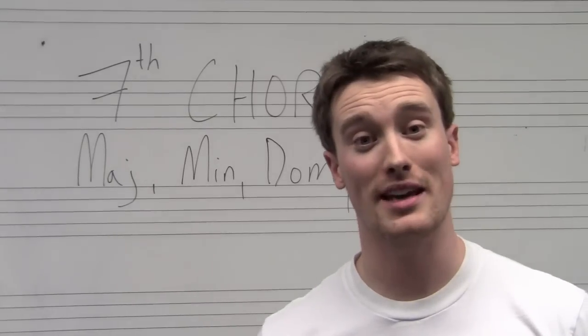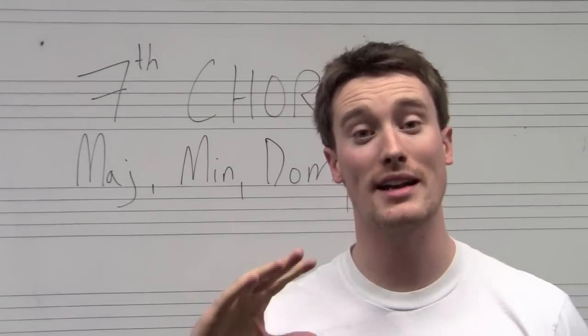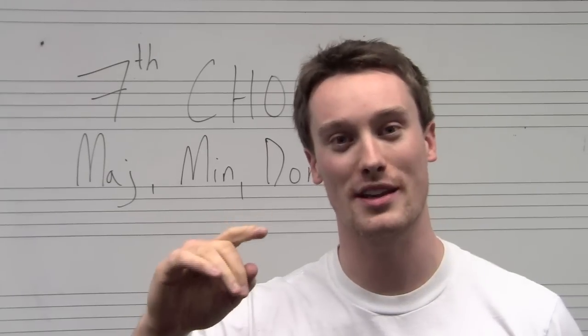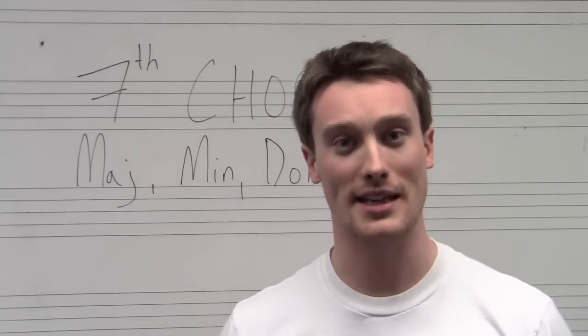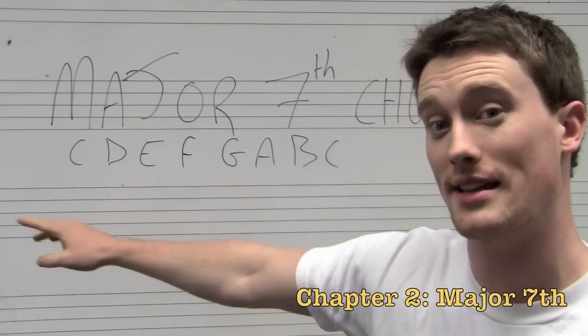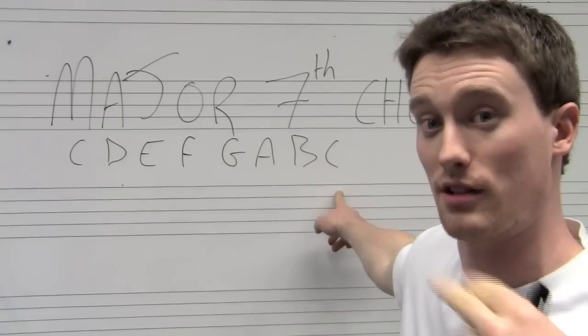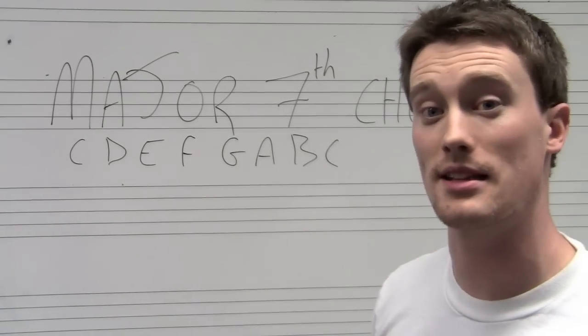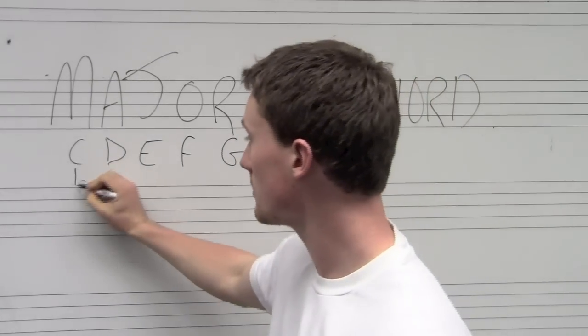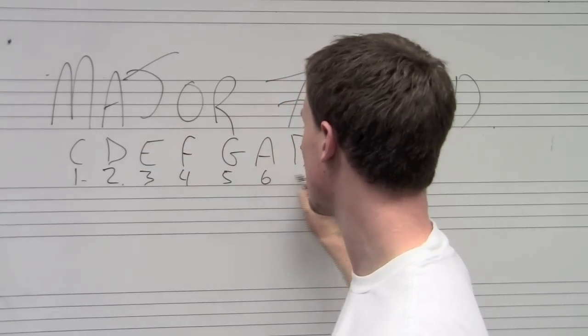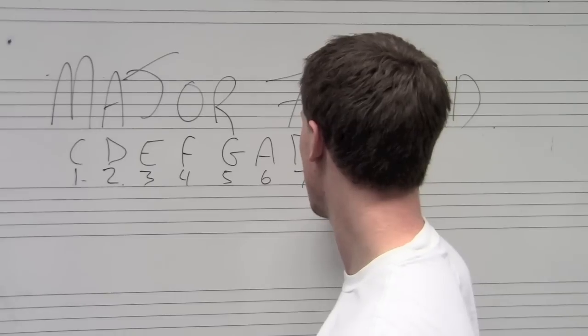So to start with, just like how we worked out all the other chords, write out a C major scale or a C major key signature and draw the scale degree numbers underneath. Really easy, so let's do that. What we've done now is we've written out the C major scale, from C all the way up to the highest C, an octave higher. So now we're just going to write underneath the scale degrees, 1, 2, 3, 4, 5, 6, 7, and 8,